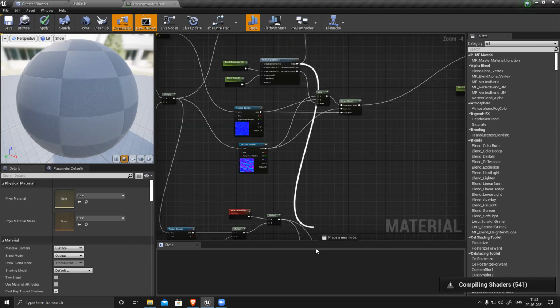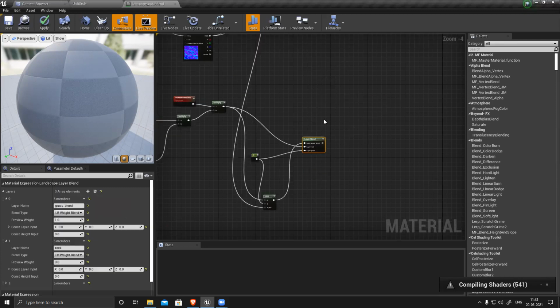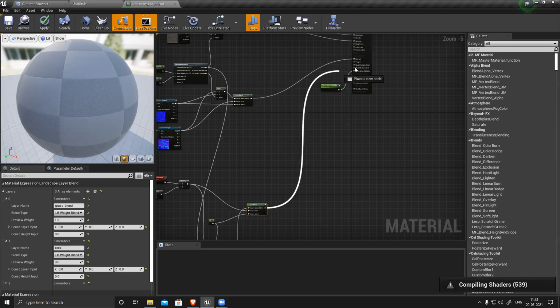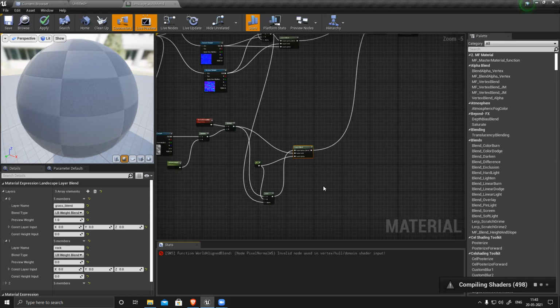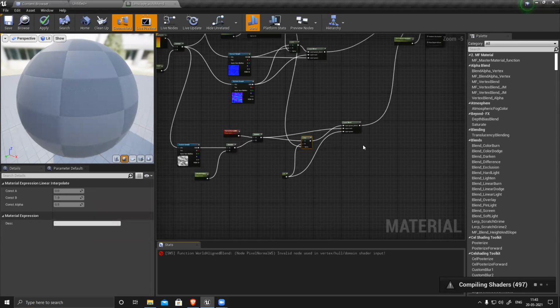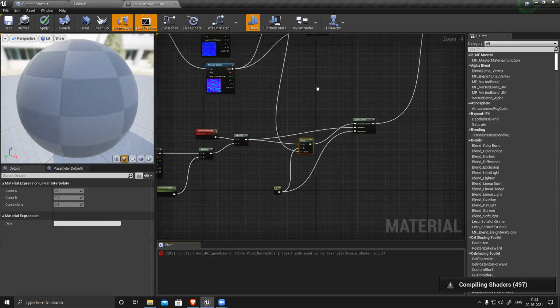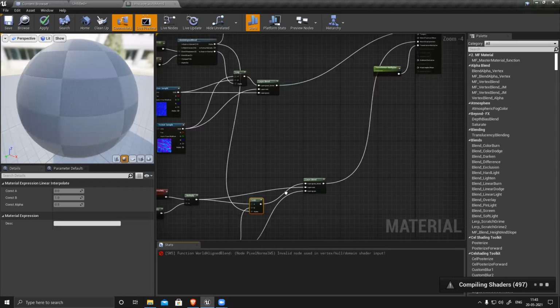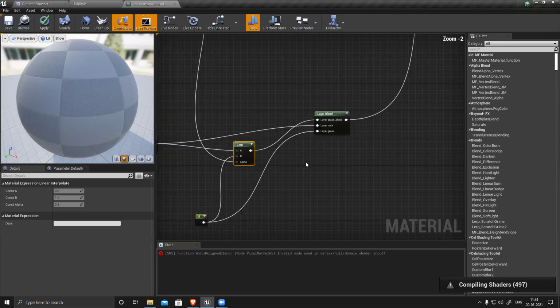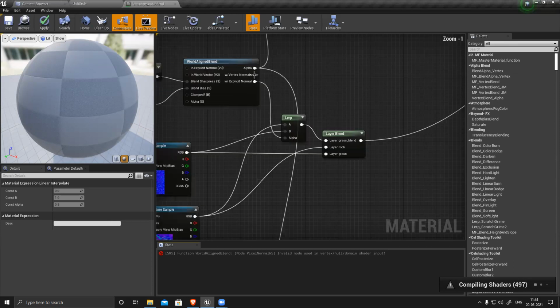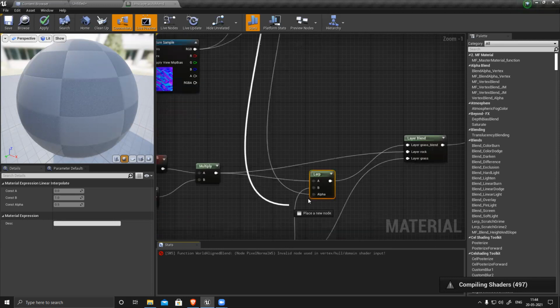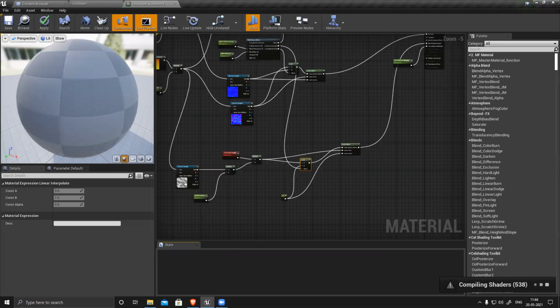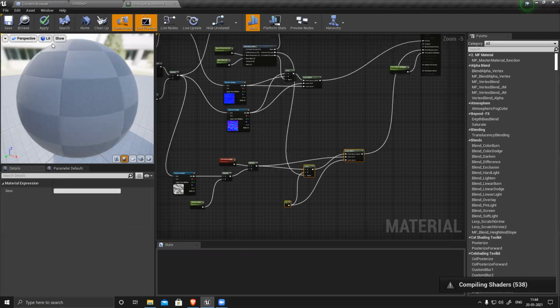For alpha, it is alpha only. Should work now.